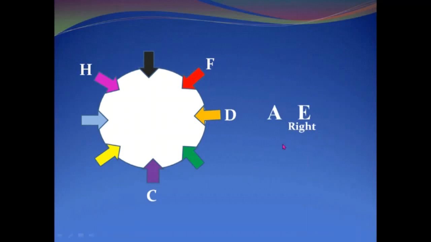According to the fifth condition, E is immediate right of A. In this condition, we can say that A and E are immediate neighbors, or A and E are adjacent to each other, right? So we can give them two seats which are adjacent to each other. So I can place E here and A here, right? Then only we can say E is immediate right of A. We can't place A and E in any other places in this diagram.